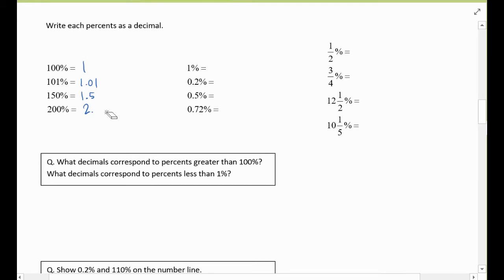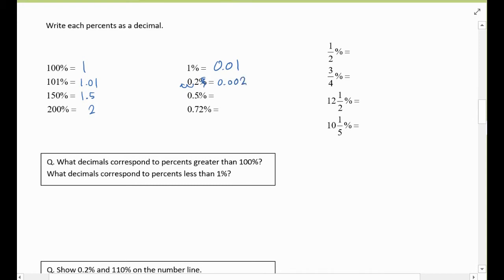Again, you may omit zeros after the decimal point. Okay, 1%. Remove the percent sign, move the decimal, that is 0.01. Okay, what about 0.2%? Again, you remove the percent sign, move 2 decimal places, that's